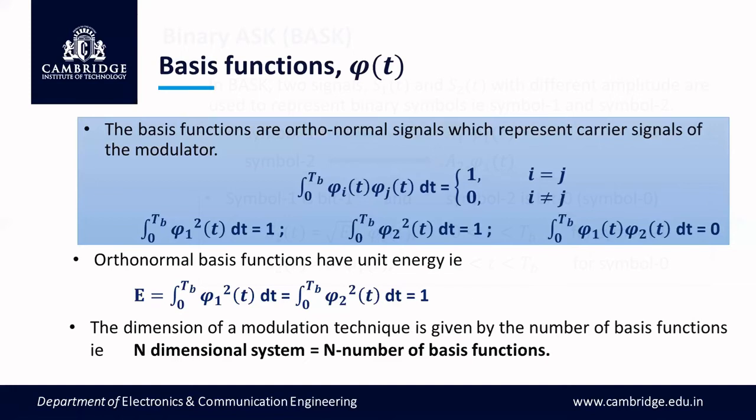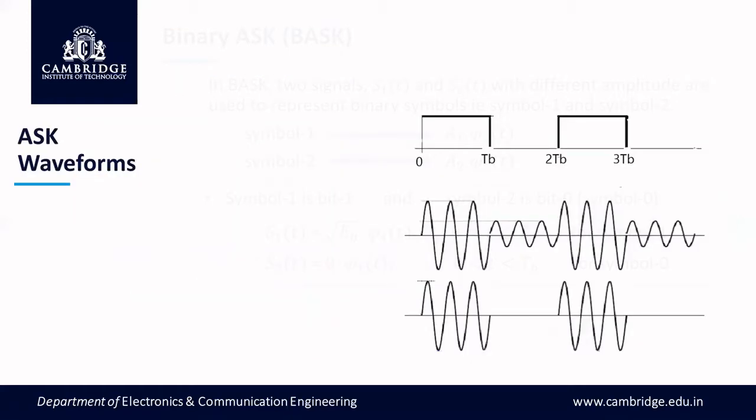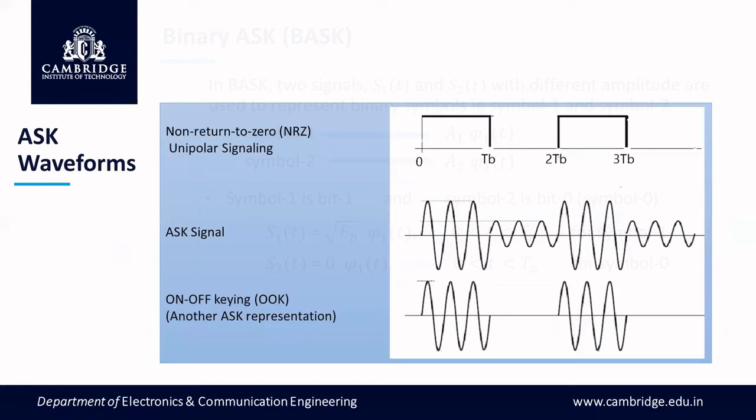But ASK uses only one carrier signal. In practical implementation, two different amplitudes are chosen for convenience. Hence, we use some values. In ASK, the amplitude of the first signal is taken as root EB, and the second signal is 0. Zero is also one of the ASK amplitudes. Here EB is the bit energy of the signal, for the binary symbol duration, where two symbols are there, bit 1 and bit 0, and root of energy is 0 voltage.